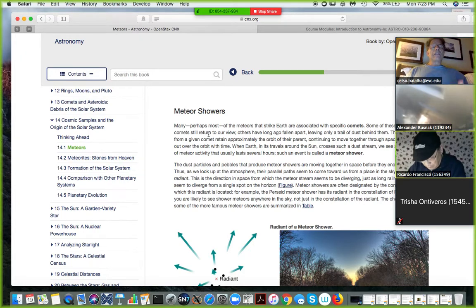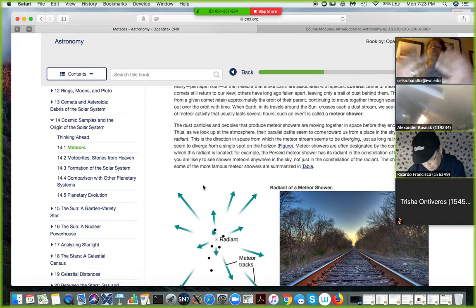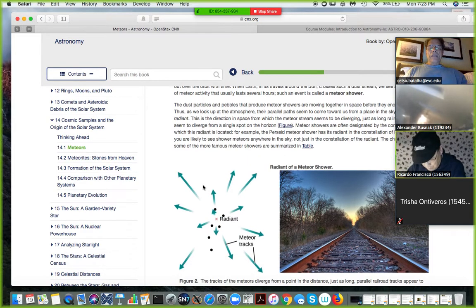And this is very consistent. It happened because the path is fixed in a given location, and Earth goes through that path, through the region every year, and then as it goes, you have this major shower coming in, and that is called a meteor shower. And then you have several particles that can cross the sky. If you happen to observe them, and if you happen to keep track of their directions, you can trace down to a point, and that's the point where